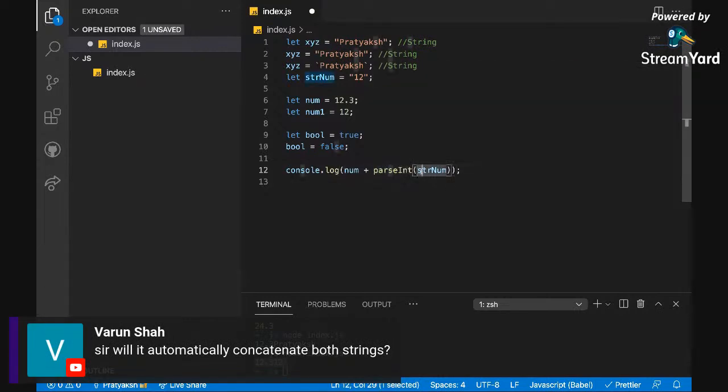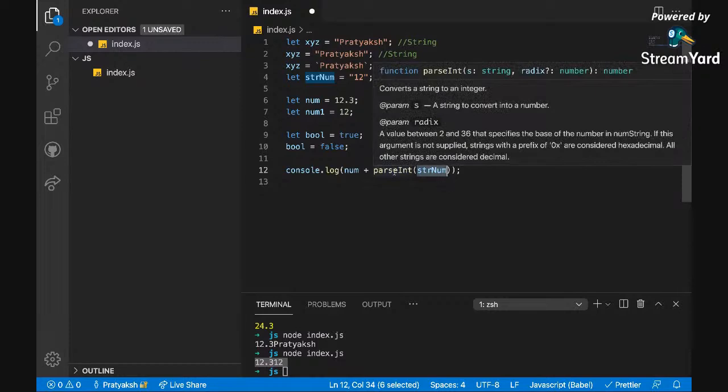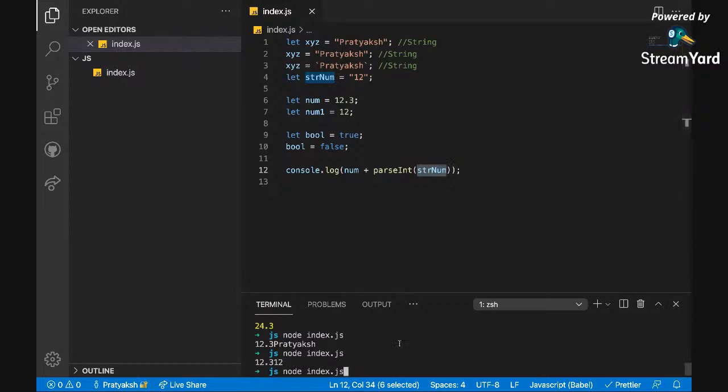It says that whatever you have in this bracket is a string, but this string contains a number. Now you will convert this number into an integer and then perform the operation. So now if I run it, it converted it into an integer and added it in, and now we got 24.3 instead of this 12.312.